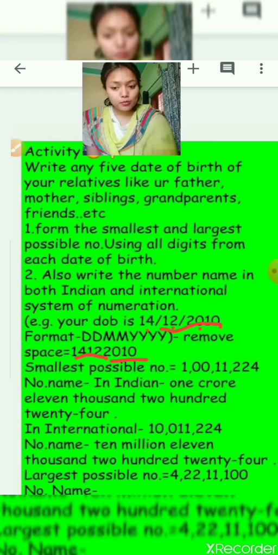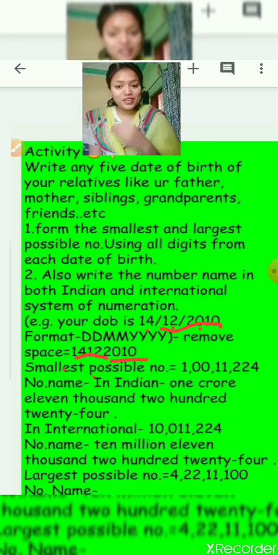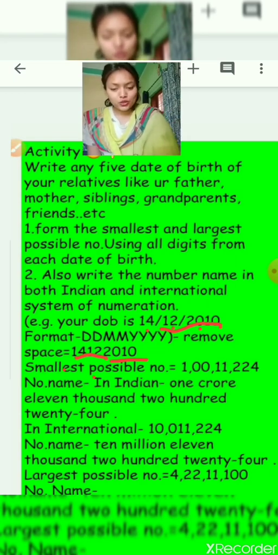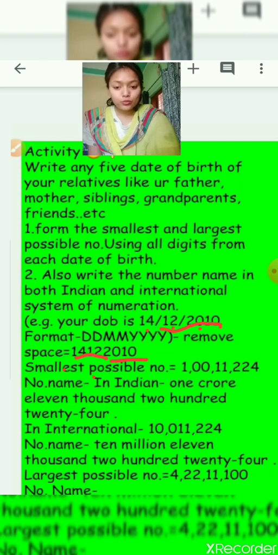For making the smallest possible number, in which order will you write the digits? Ascending order. Yes, so you will write in ascending order. So which is the smallest digit in this one?